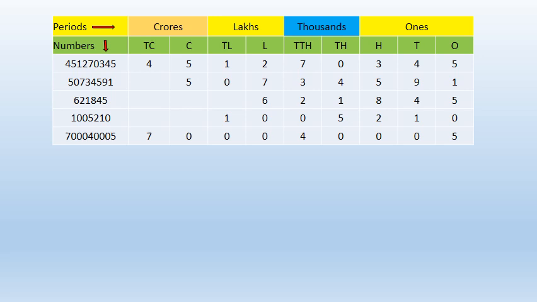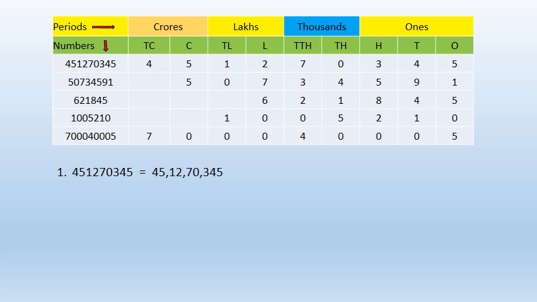Students, just remember a few rules while writing the numeral. When we write down the numerals, we don't have to put a comma. Second rule, we don't have to use the word and before tens and ones, and we don't have to write the periods in plural. Here, to make the number easy to read, we are going to use commas. Comma separates the groups. For example, here we have written the first number and we have used commas. Now it has become very easy to read.